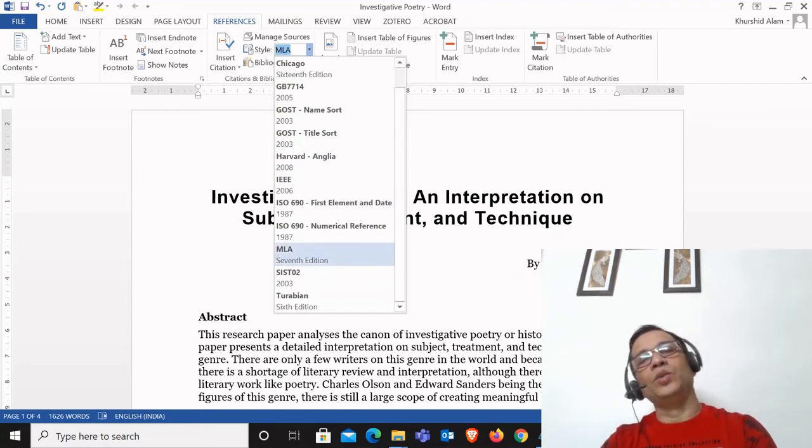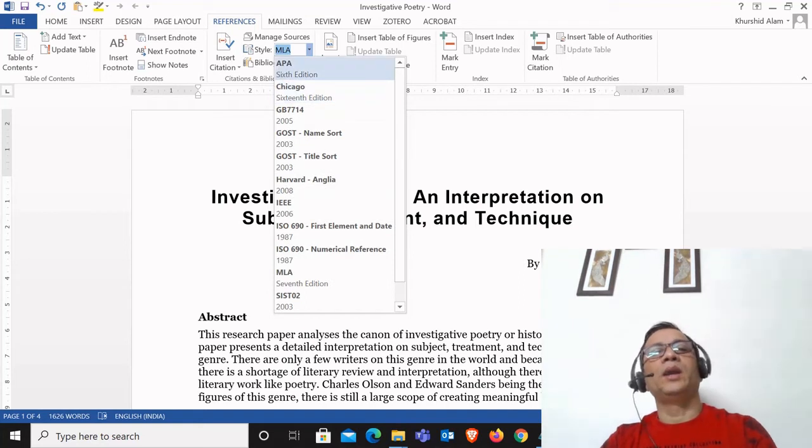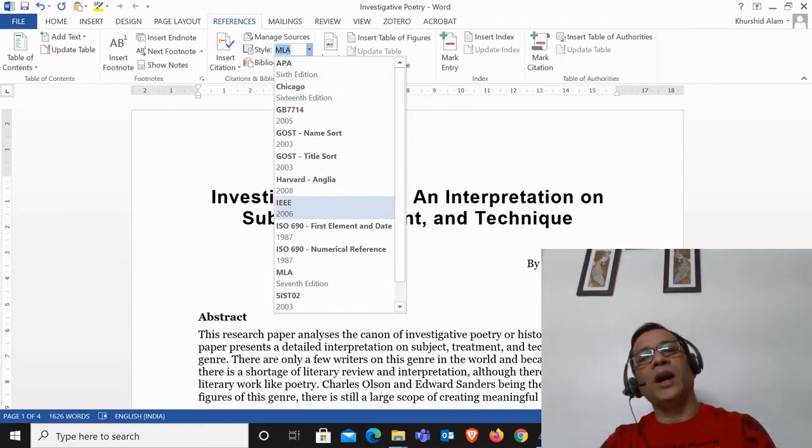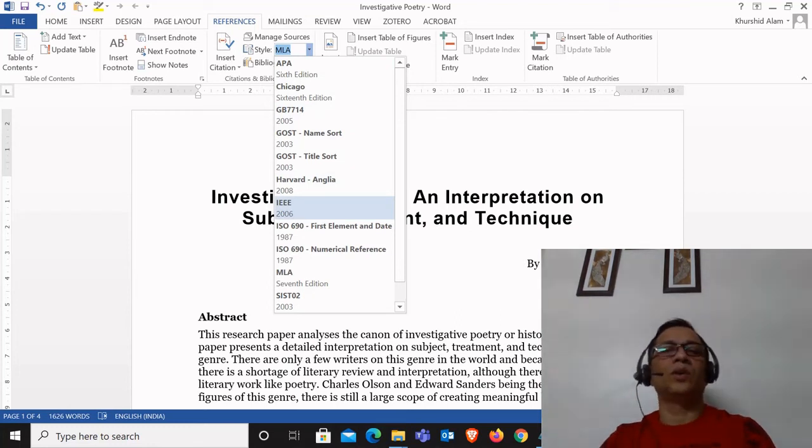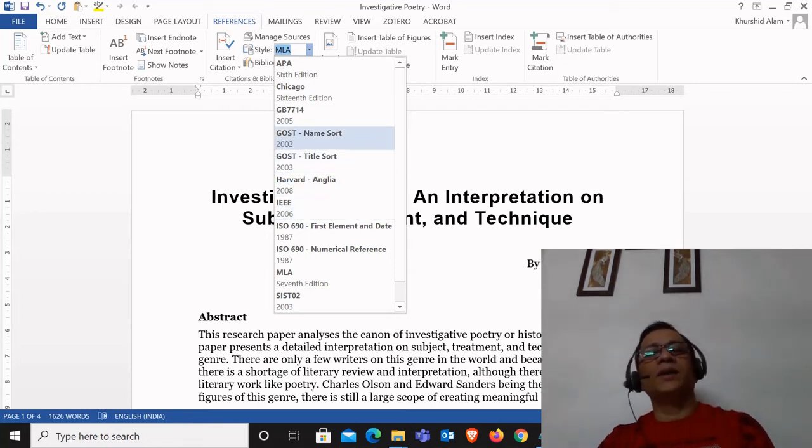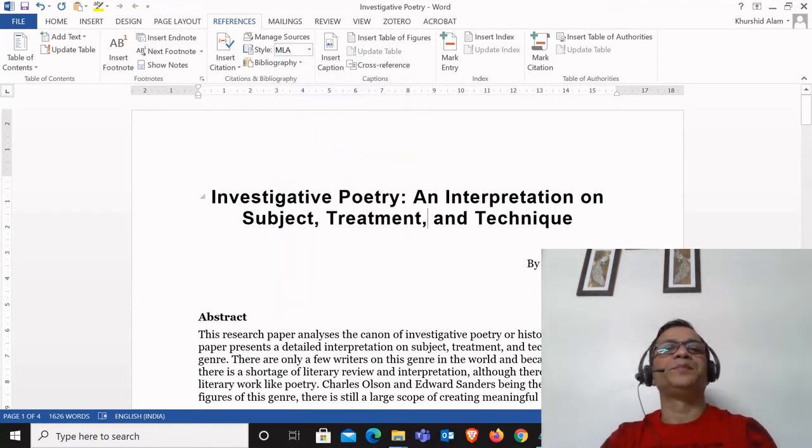MLA is used for humanities, while APA is used for science papers. Similarly, IEEE is used for electronics engineering discipline. Likewise, other styles are used for other disciplines and subjects.